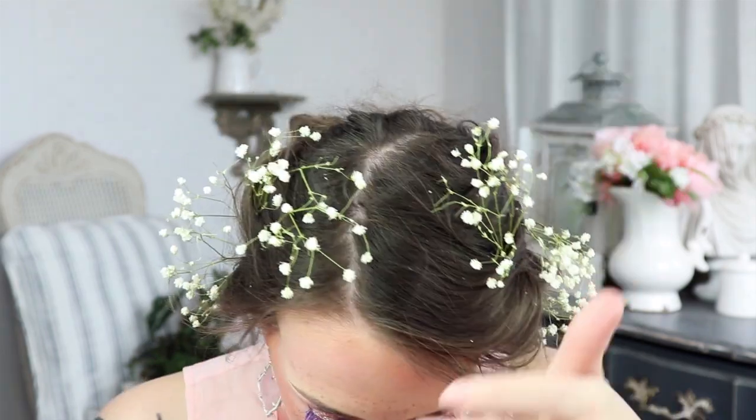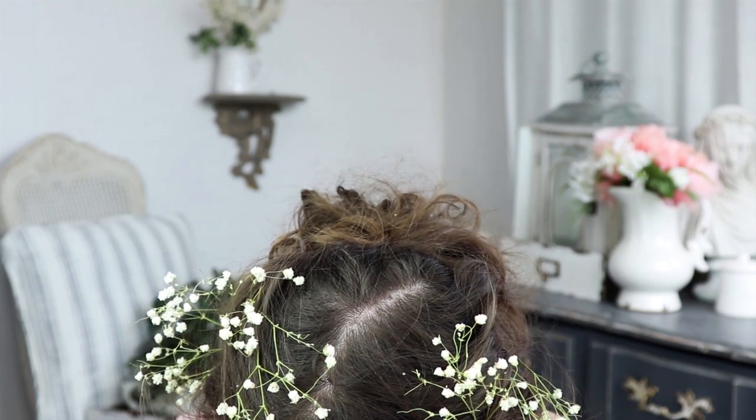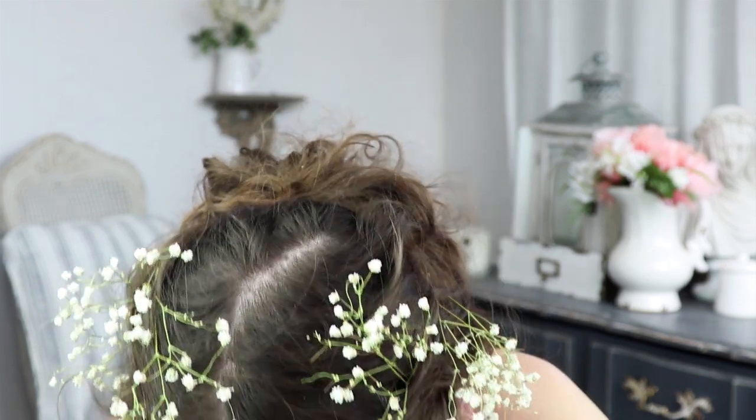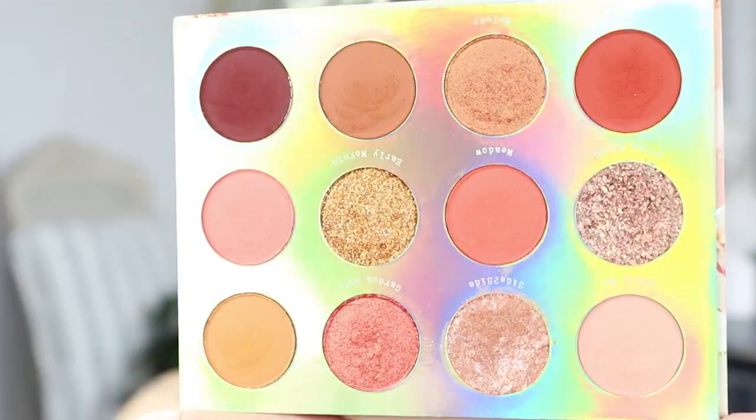Ah, I just dropped my contour stick on my mirror and ah! Oh, it's not dandruff, it's petal. Do I look ridiculous? Yes. Do I care? No. Is this going up tonight? Most likely yes. It's got two pressed